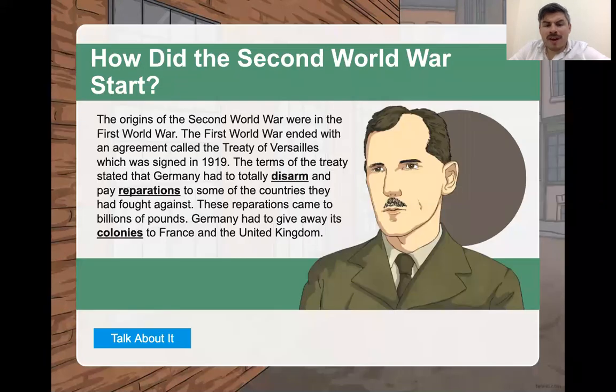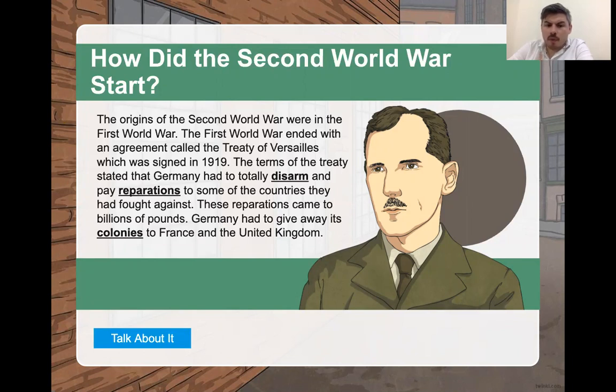The first one most people look to as the main cause of World War II is World War I. As we know, World War I was a very bloody conflict with lots of destruction, and in the end, we have the Treaty of Versailles. That was signed, it should say 1918. And as you remember, the treaty was extremely harsh to Germany.